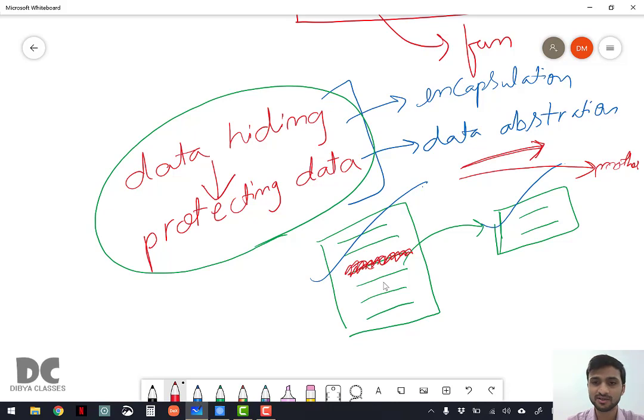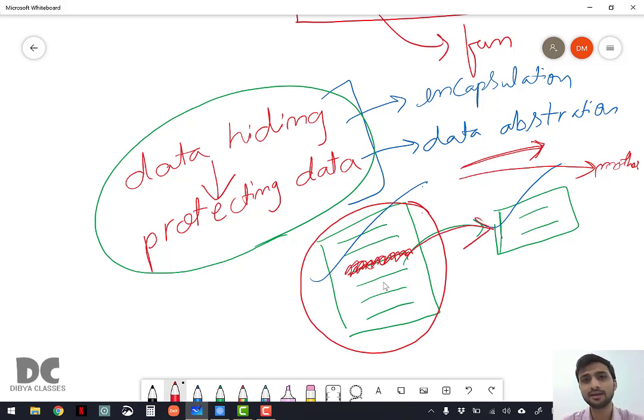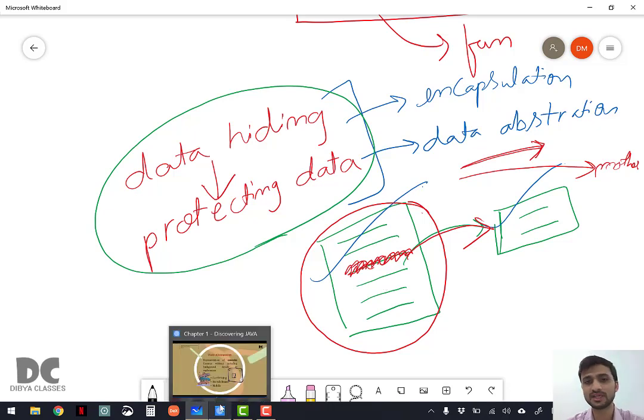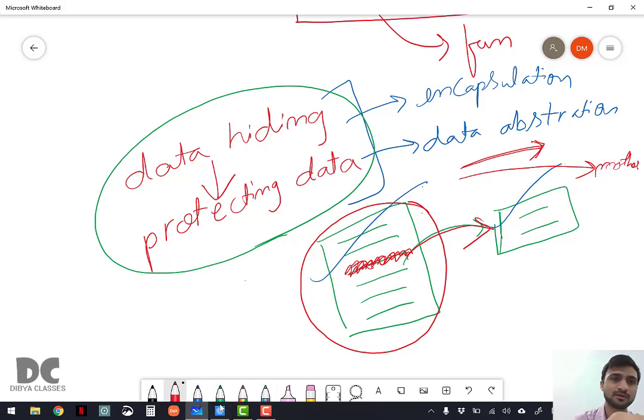dangerous. Okay. So when you hide the actual things and just show what is essential, you are also hiding the data, and that is nothing but protecting the data. So data abstraction and encapsulation both support the concept of data hiding or data protection. So all the programs in Java, from the first program you will be writing in future classes to the last program of your life,